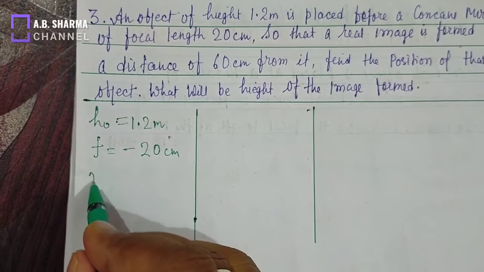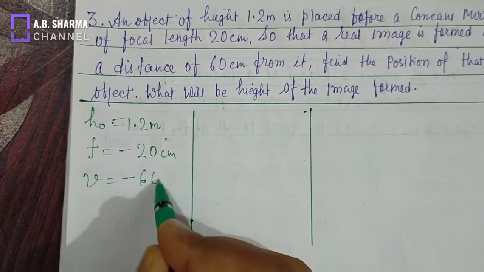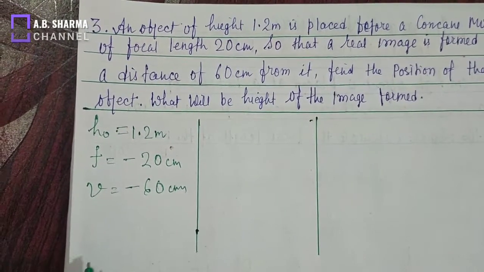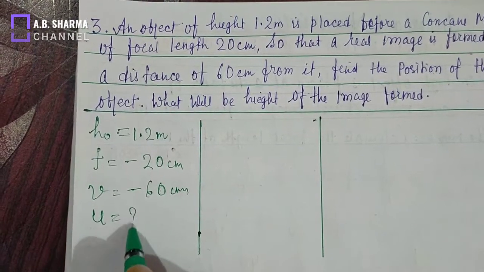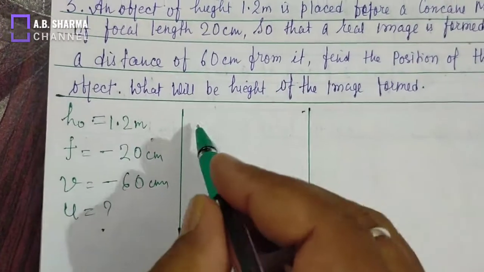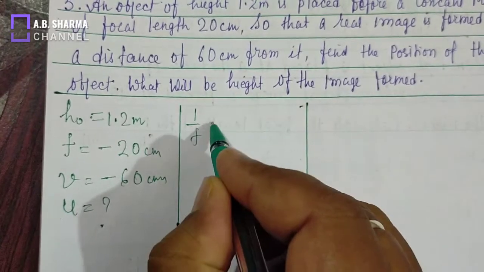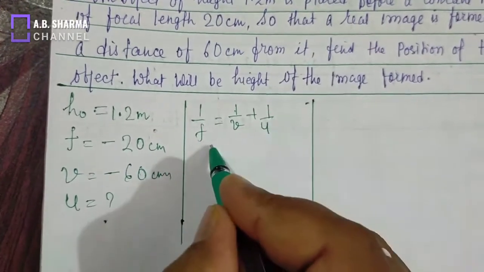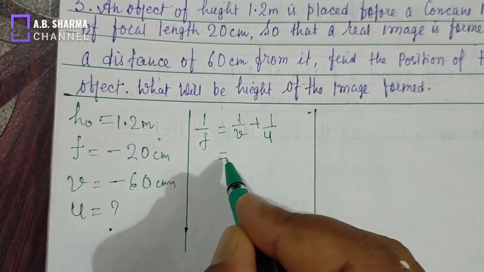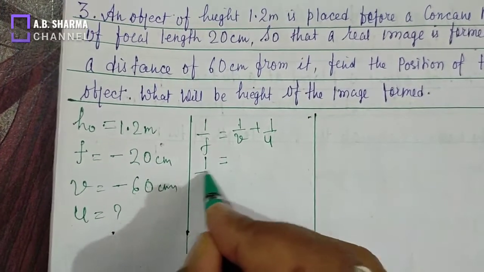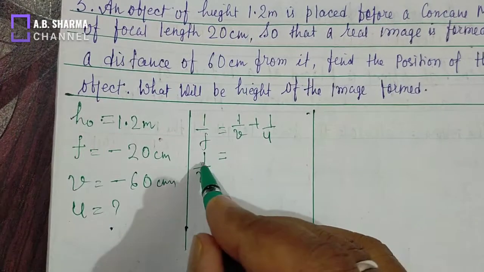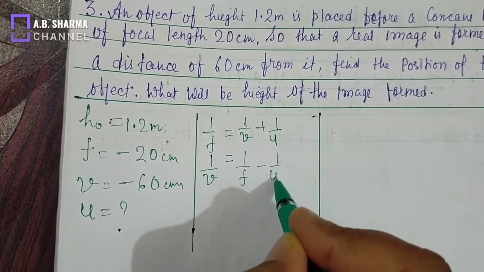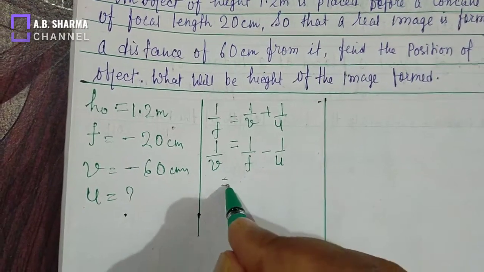Image is real, so image distance will be negative. v is minus 60 centimeter. We have to calculate object distance, that is u equals to how much. Using the mirror formula, we have 1 over f equals 1 over v plus 1 over u. By putting the values, so 1 over u will be equal to 1 upon f minus 1 upon v. By transposing this formula,